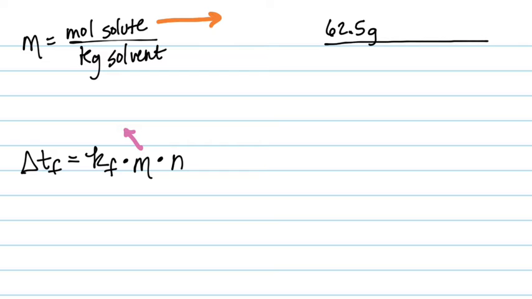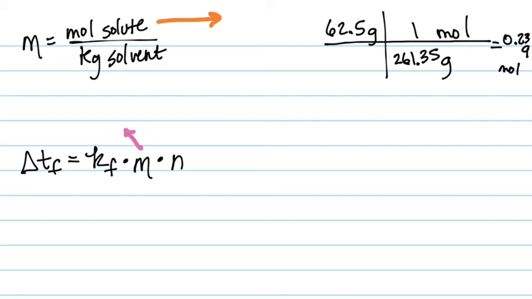Again, I'm not going to write out barium nitrate. You can do that in your notes, but we do need to get grams to moles. And the molar mass of barium nitrate, this is from the periodic table, I've added up all the masses for barium nitrate: 261.35 grams. Make sure you can get that. So our molar mass is